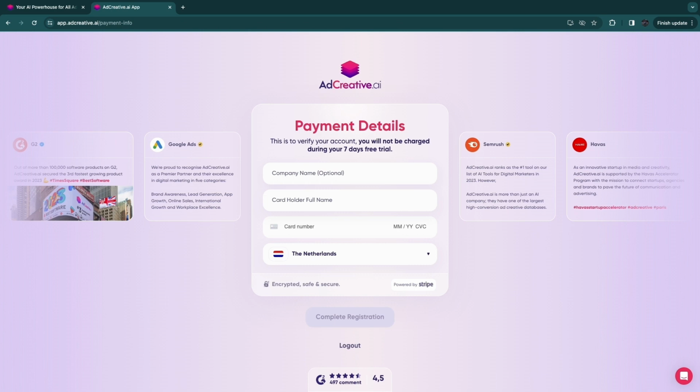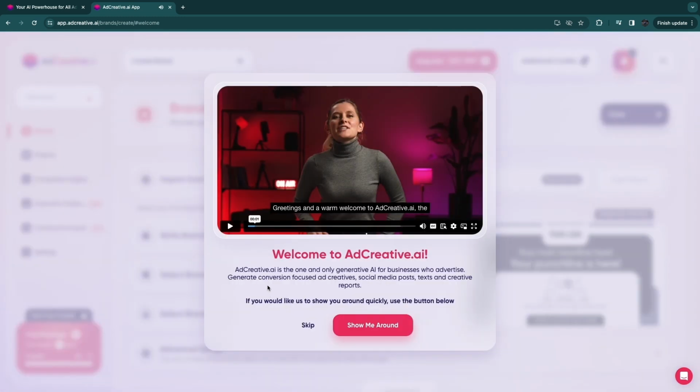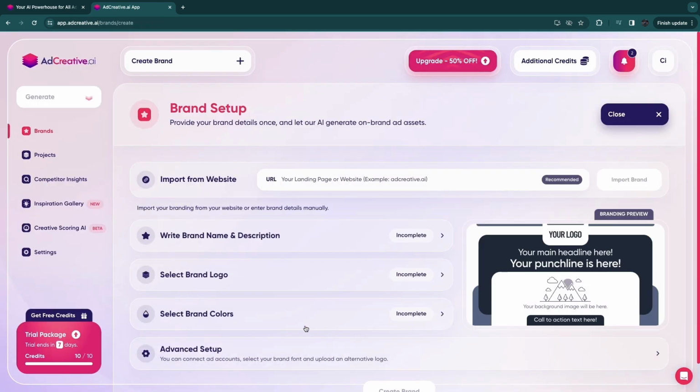So now you will be taken right here. Here you simply want to enter your payment details, and this is to verify your account, but you will not be charged during your 7 days free trial. So simply enter your card details right here and go ahead and click on complete registration. So now you have simply created your account. Now I'm going to click skip right here